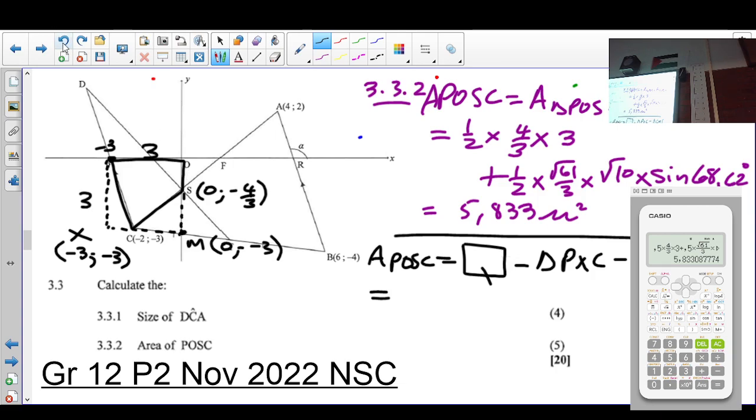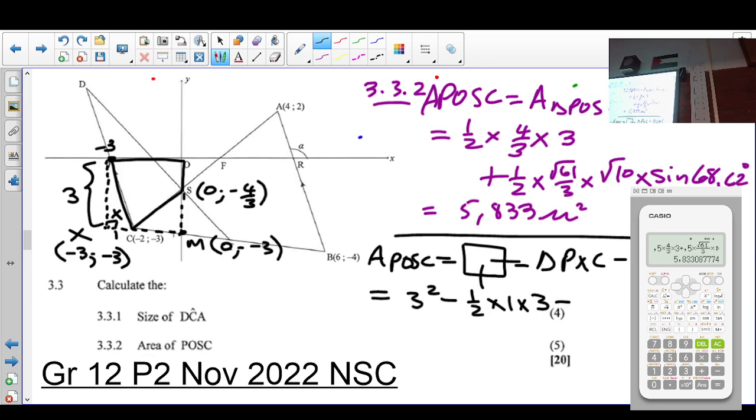How do you calculate that area? 3 times 3, so 3 squared, minus the area of this triangle here, PXC. It will be half base. Remember that's 90 degrees, no? So from X to C, that is 1 times your perpendicular height, which is also 3,